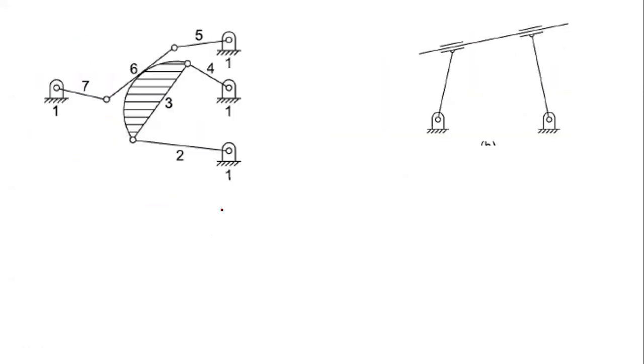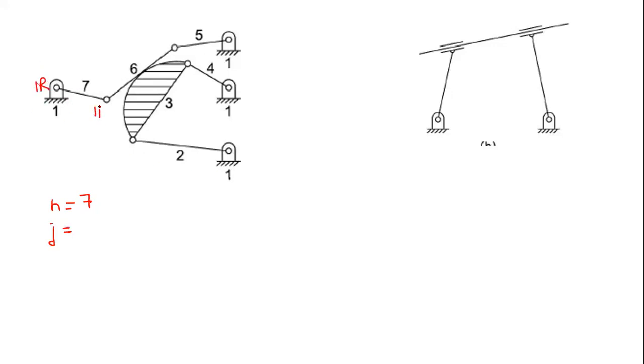So now let us try to solve this one. Okay, fine. So the number of links here is simply, it is already counted here. So n is equal to 7. Okay. And what is the value of j? So just tell me in this case, what is the value of j? 8. Okay. So let me count this.